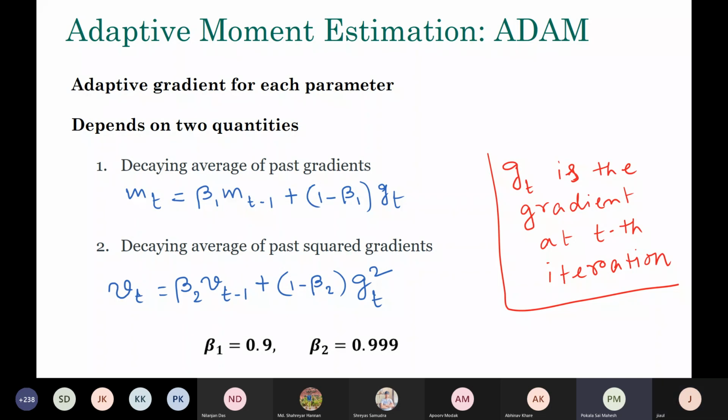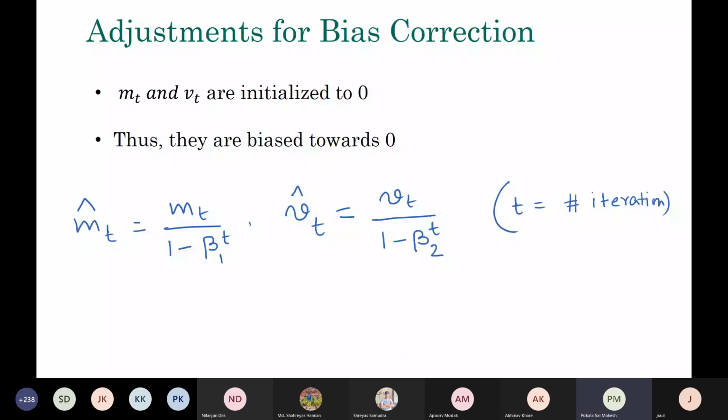Okay. Sir, in this case, as we are progressing with the iterations, let's say t to t plus 1, t plus 2. So in the t-th iteration, the weightage of GT is not given very much. Like if beta 1 is approximately close to 1, then 1 minus beta 1 is very small. So when we are progressing more and more towards the next iterations, that 1 minus beta 1 is getting multiplied by beta 1 to some power. So the weightage of the t-th iteration is given for the later iterations. Is it something like this?